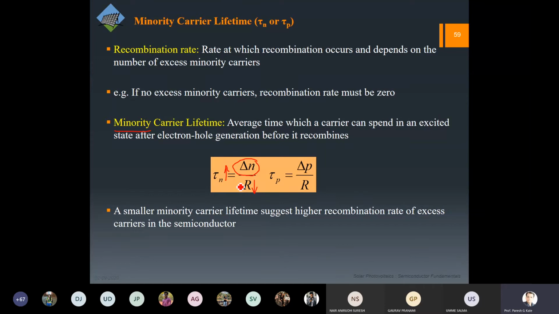Now, just to tell, this higher recombination indicates primarily that there is a problem with the material itself. What I'm trying to say is whatever characteristics we are talking about will ultimately lead us to the property or the quality of the material. So most of the time, the source for this recombination,